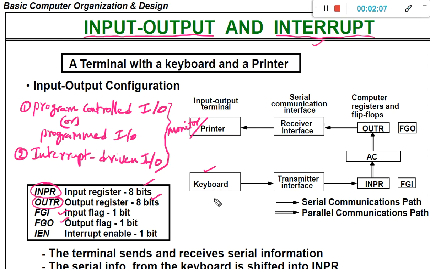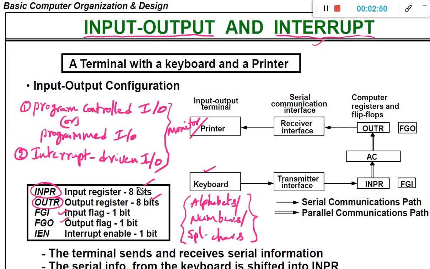Initially we are going to give the input to the computer system using the keyboard. So what are the different inputs we can give using the keyboard? Either we can give the alphabets, or we can give the numbers, or we can give the special characters. These are the different types of things we can feed using the keyboard. Whenever we give these alphabets or numbers or special characters, they will be converted into a coded format.